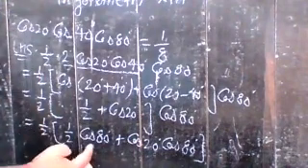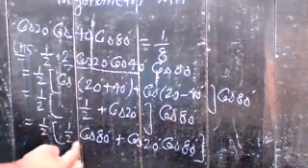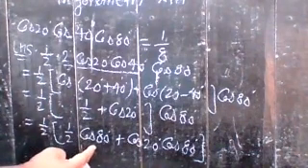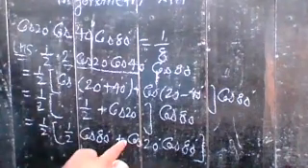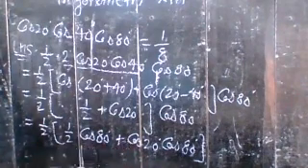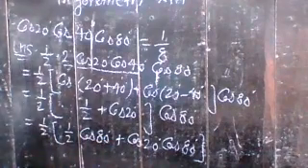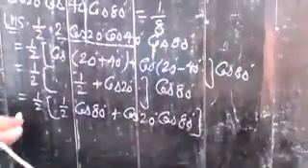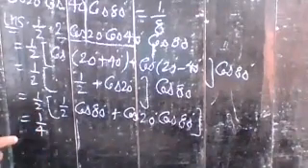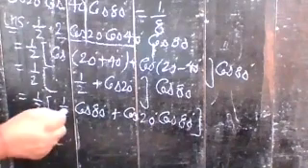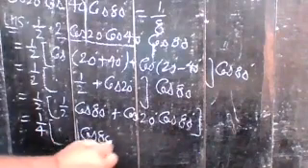Now just see, with 1 by 2 cos 80 you cannot find the value of this one, so leave it. Here you can apply the identity, but 2 is required here. So again you divide and multiply each term by 2. If you divide by 2, it becomes 1 by 4. And if you multiply by 2, the 2 cancels out, so you have 1 cos 80 degree.